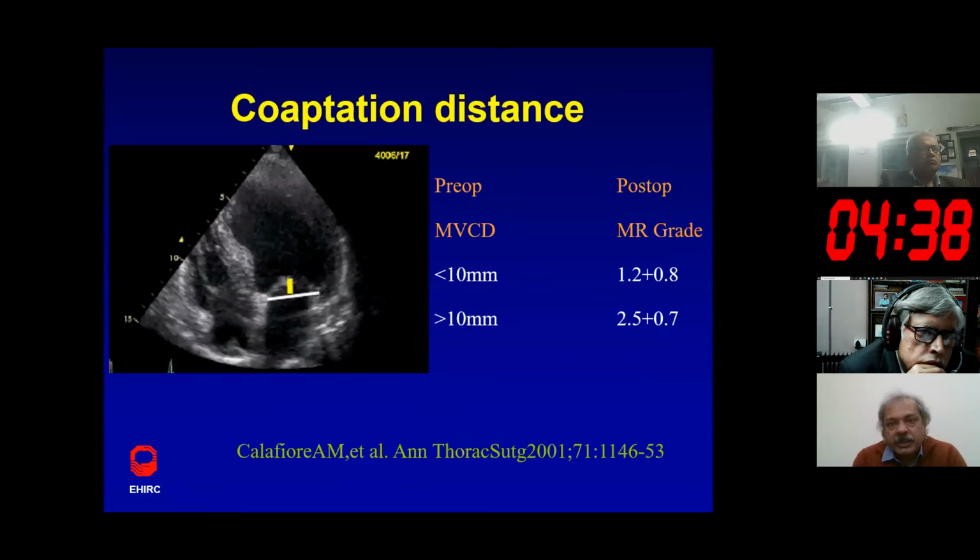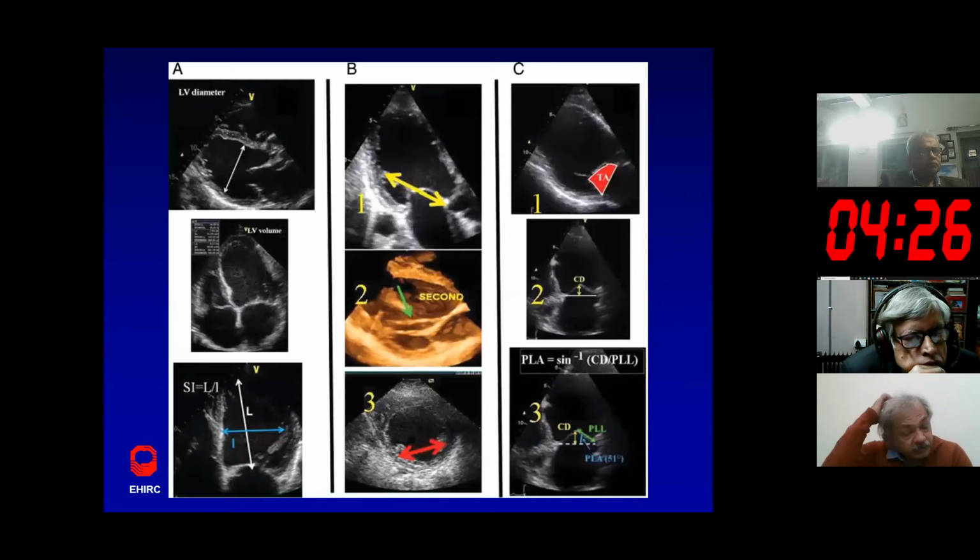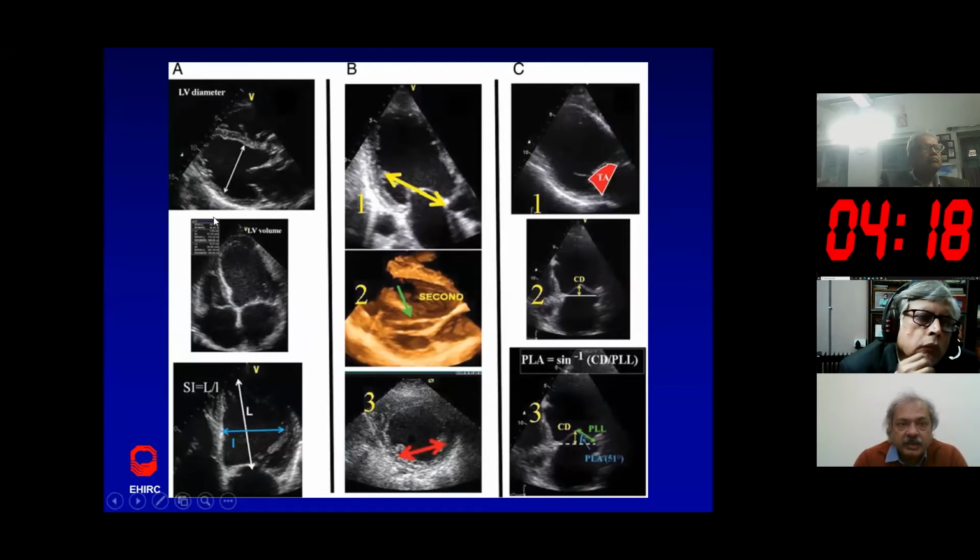Then there is a coaptation distance. This coaptation distance has to be measured from the annulus till the point where there is a coaptation. And if it is greater than 10, again, it matters, because the prognosis is worse if the coaptation distance is more. Tenting distance, the LV diastolic dimensions, LV volumes, the sphericity index, the distance between the two papillary muscles,